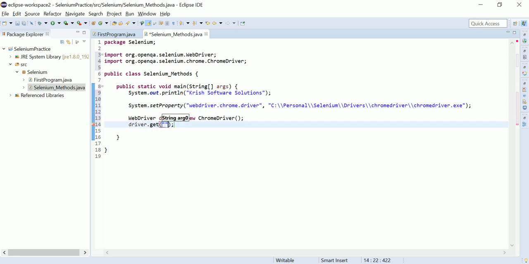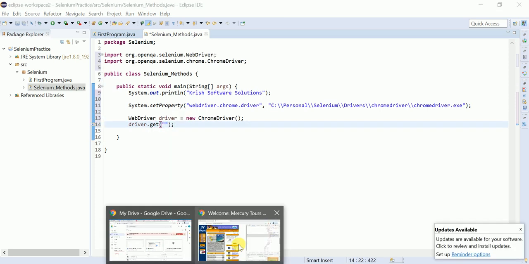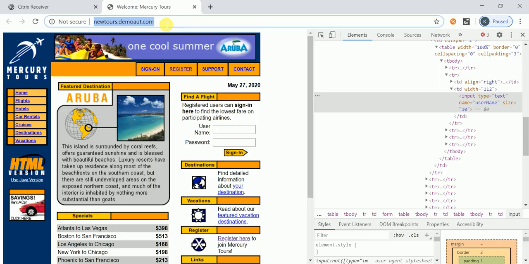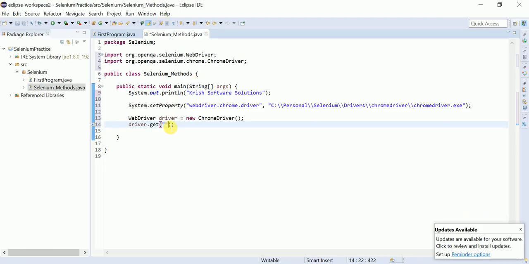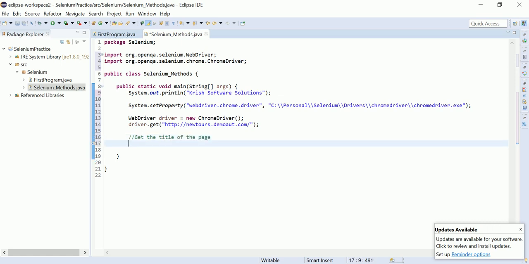driver.get, and let me take this sample application only. What is the first method we are going to work with? Get the title of the page. How can we get it?